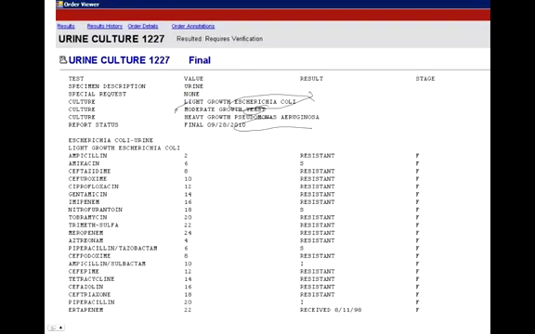Not really sure why they're growing yeast. It could be a contaminant, or it could be that they're actually growing yeast. So this was done for the bacterial infection. The yeast would have to be, they would have to do a separate culture for that, because none of these would cover yeast infections. But again, you can see which ones are sensitive or which ones are resistant, so you